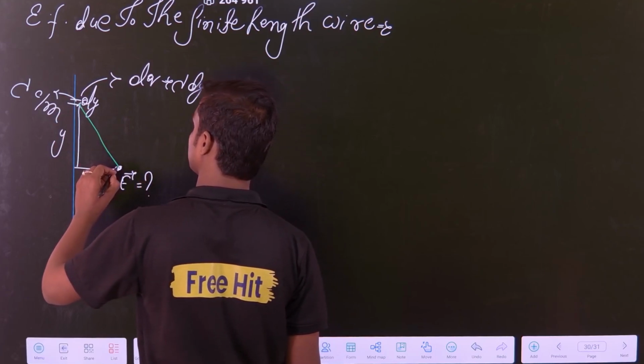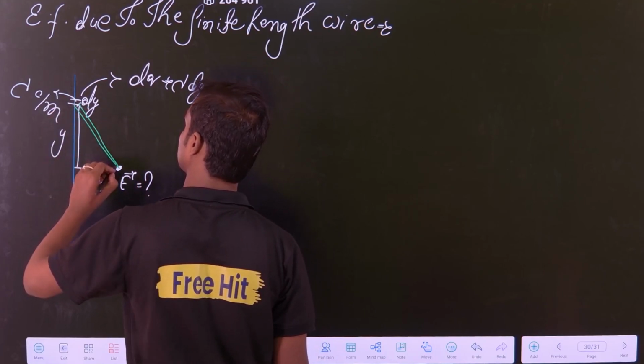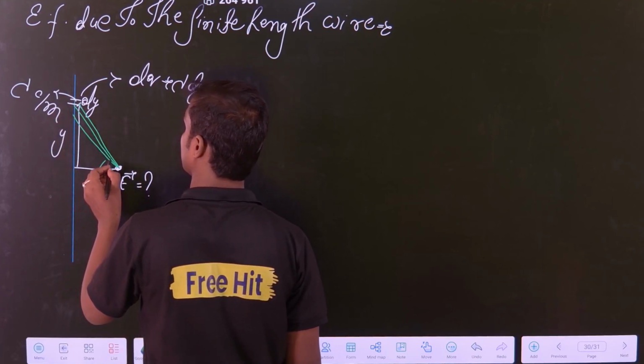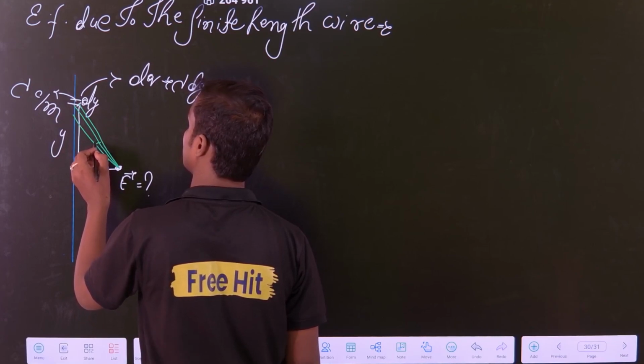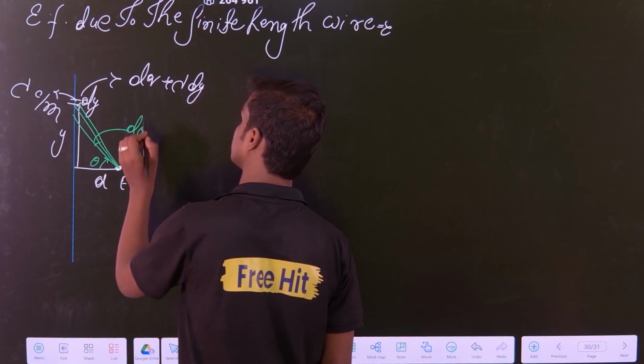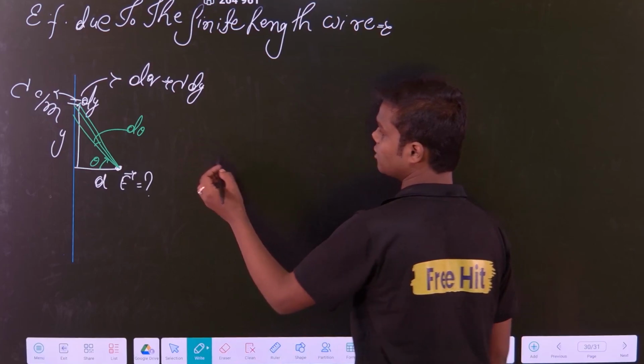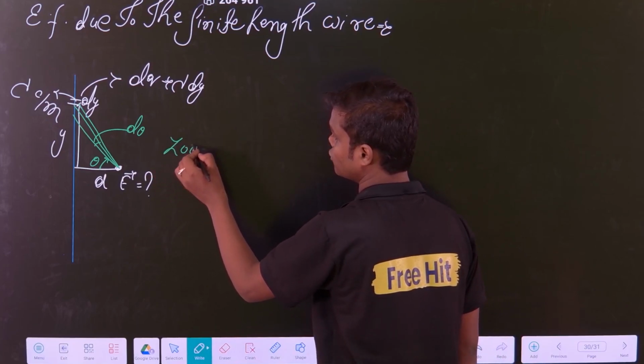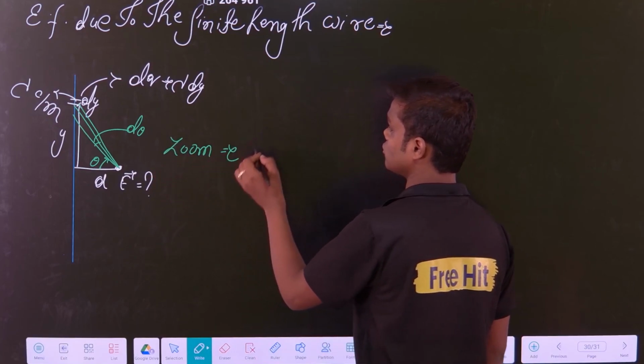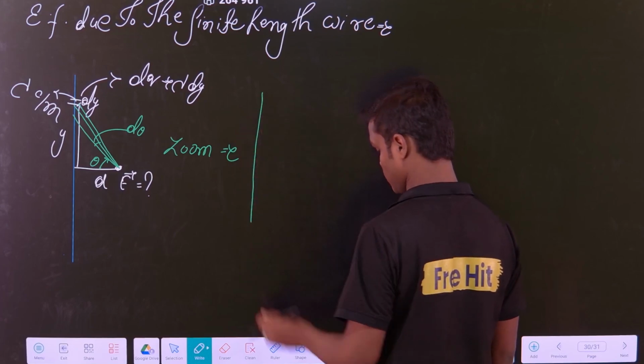So from this point I am going at an angle theta, and I am taking a small element that is called d theta, clear? So what is the diagram exactly? Let me zoom in. So you will see, what you will see,